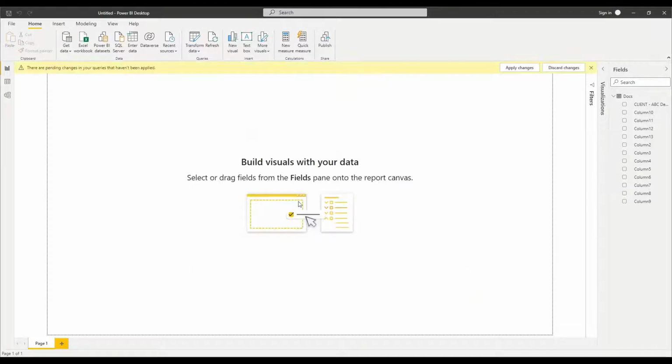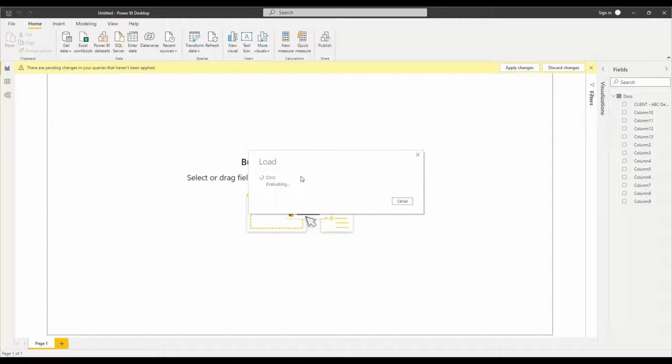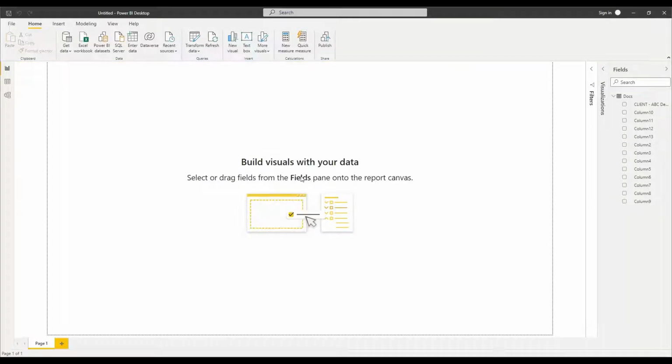There's another way. I'll show you how to change it through a query setting. The first way we saw was to change it through the transform data source setting within the data source setting from the toolbar. There's a second way where we can change it through the query settings. Query setting is where we will change the setting through the query editor. We'll learn in detail about the query editor, the transformation tool which is used in Power BI. But for now, just concentrate on how to change the source of the file by a second method through the query